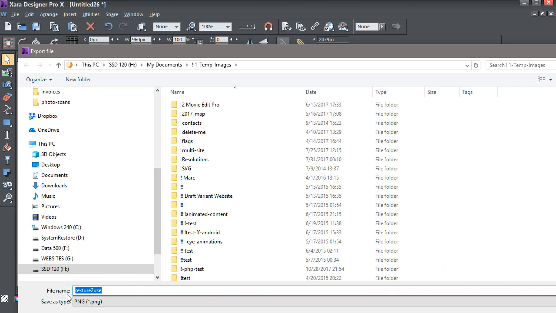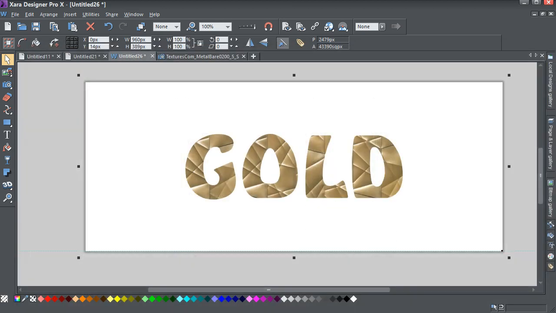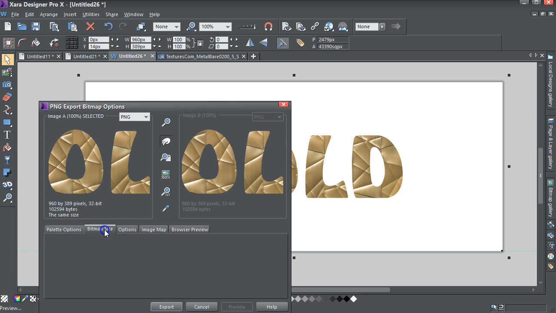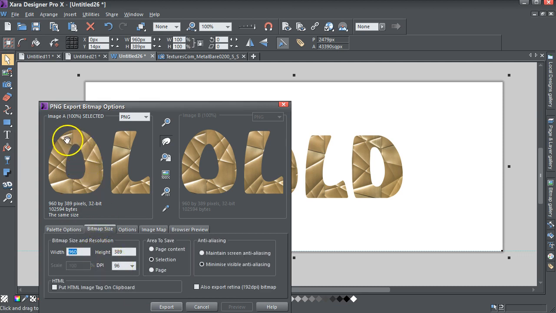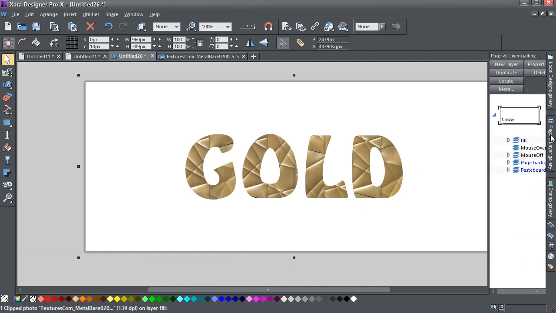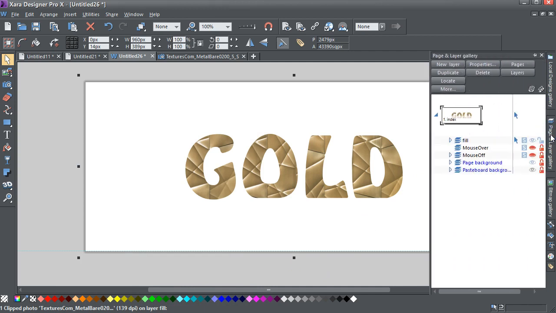I'm just going to copy that. I'm opening the settings, you can't quite see that on the screen here. And it's true color with alpha. Bitmap size is 96, which is correct. And I'll just export it. Right, that would be the bit you would do in Paint Shop, and then you'd go back